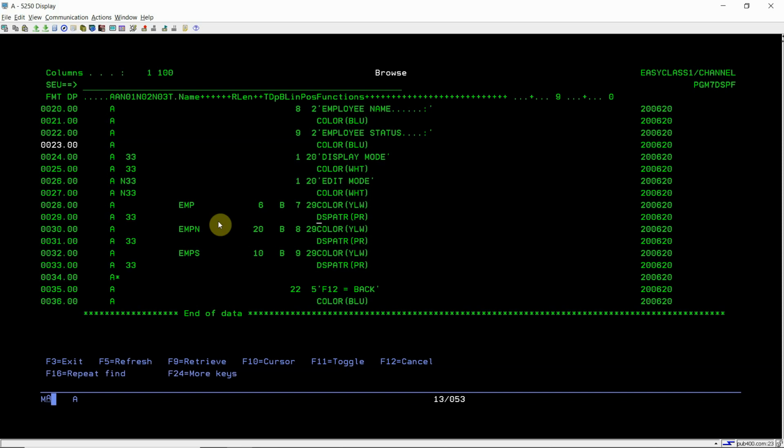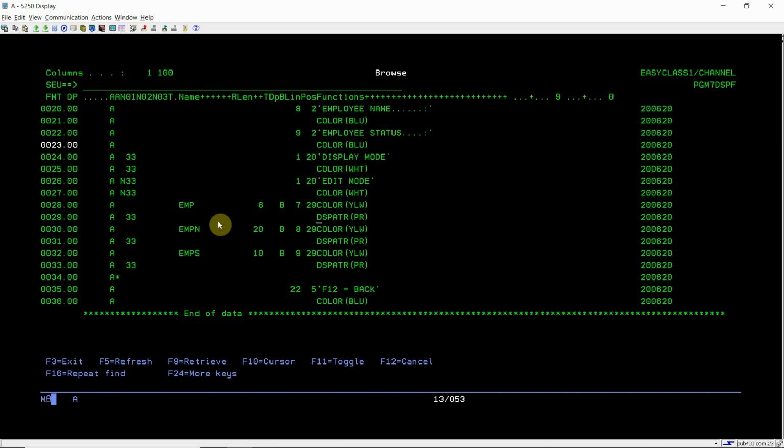In case 33 is on, this keyword will be enforced with the fields, and your field will be in non-edit mode, meaning display mode. So you have enforced the display attribute keyword with the PR option on your fields when indicator 33 is on, and in case it is off, you are not enforcing this. In that case, you are opening the screen in edit mode.